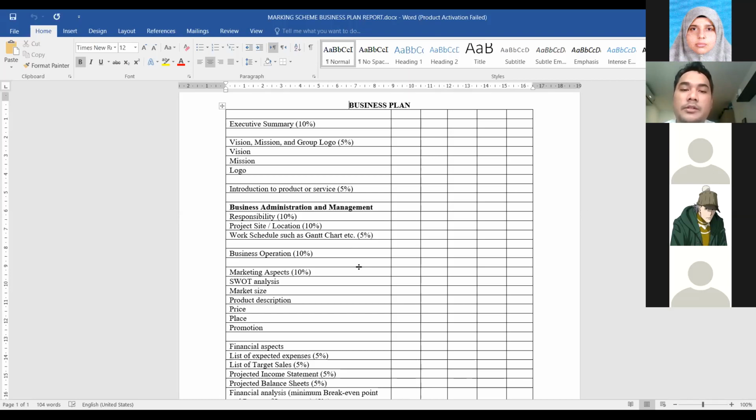So in the project side also, the work schedule. Did you show them how to do a Gantt chart? No, I didn't show them how to do a Gantt chart. We need to show. I think it's very easy. The Gantt chart, I think I didn't show yet. Because in the Google form they have